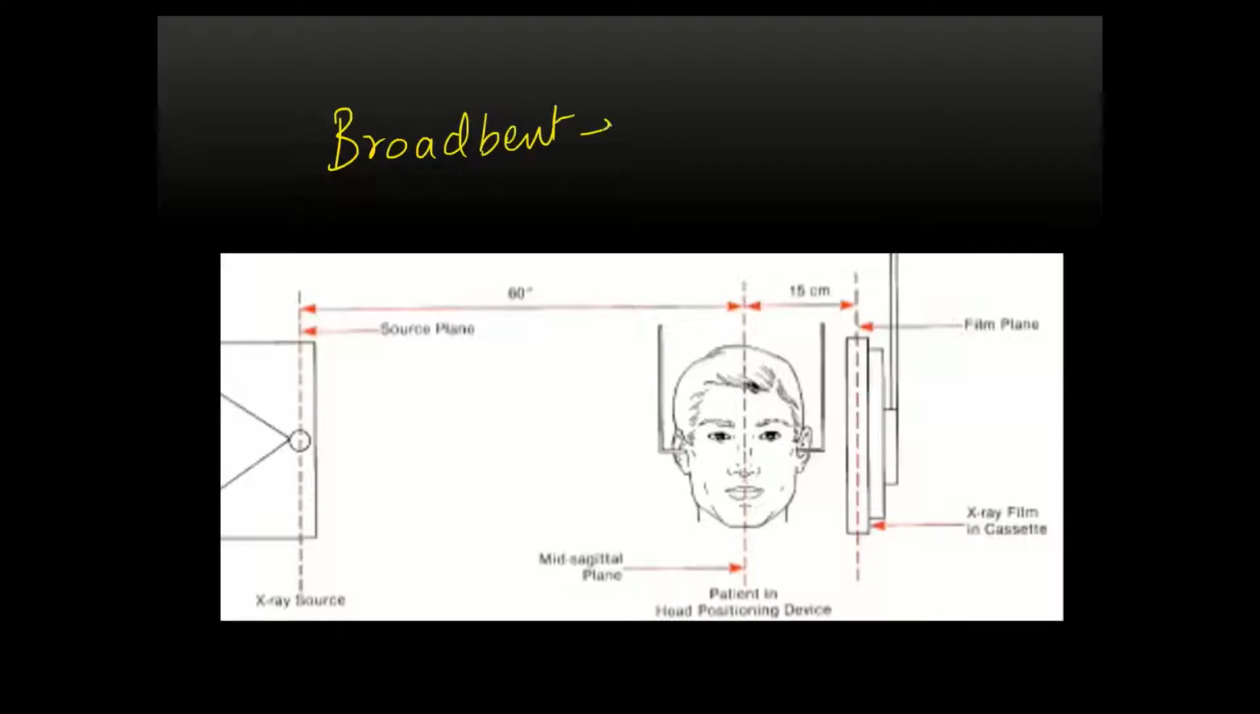Broadbent was the guy who discovered the cephalostat. It was a very, very big discovery because the cephalostat enabled holding of the head in one place. So when the head is held in one place and this distance was